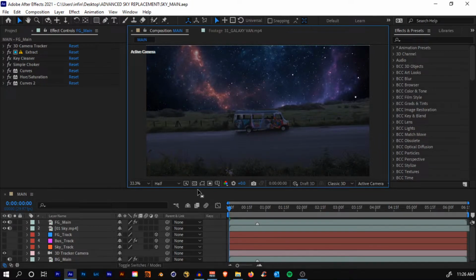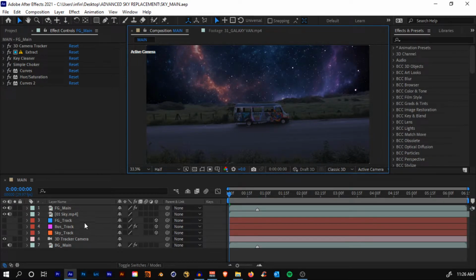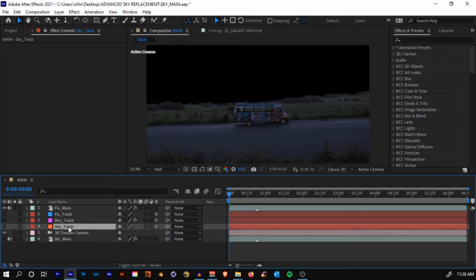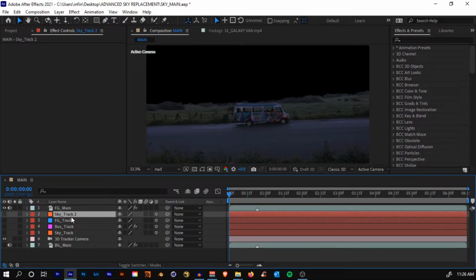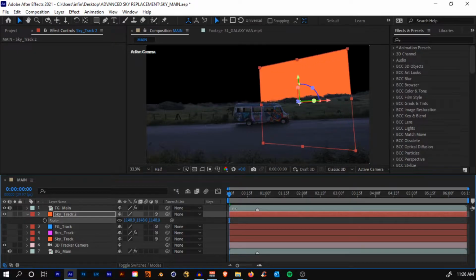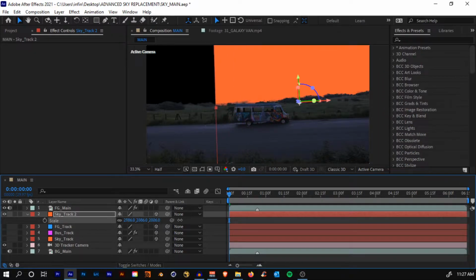Alright, the next thing we'll do: as you can see, we had put a sky. We simply didn't put a sky, we had tracked a sky to the scene. So just delete the sky layer, and you'll see that we had created a sky_track layer. Hit Ctrl D and get it below the foreground main. Enable it and scale it up. If you try to scale it up right now, you'll see that it's very slow, so you can hold shift while scaling. If you hold shift, it will scale up 10 times faster.